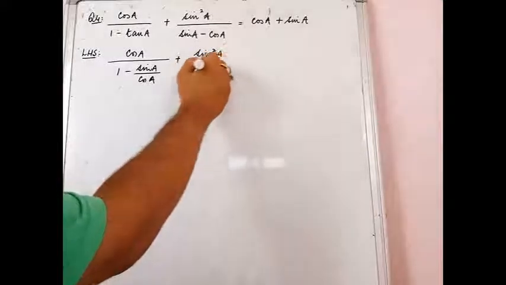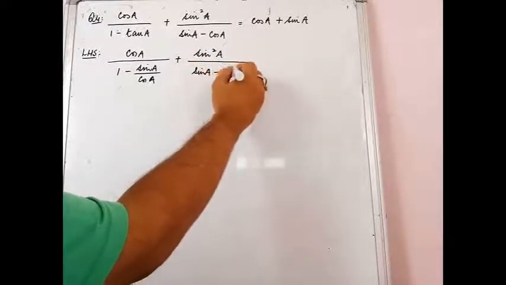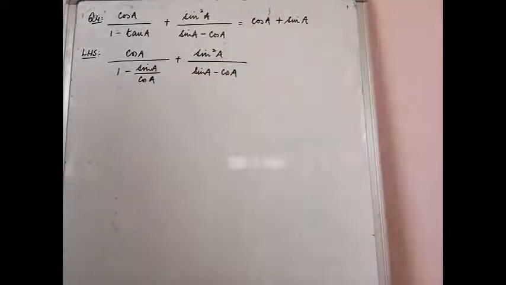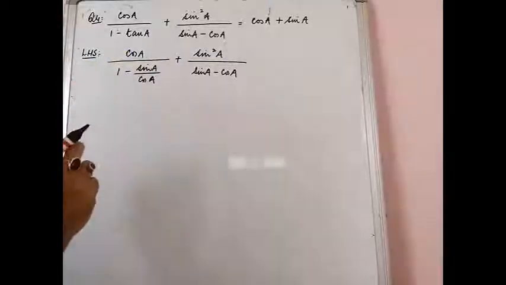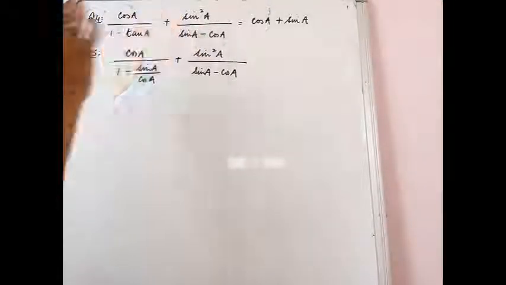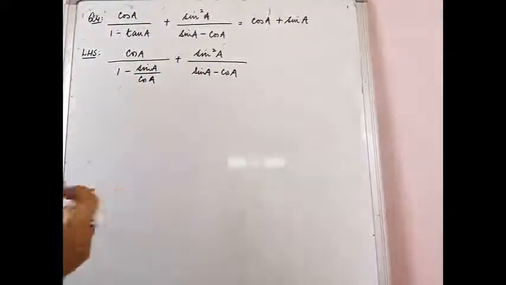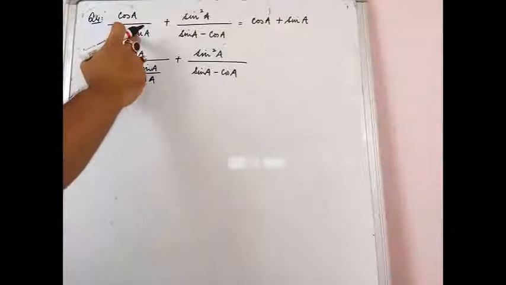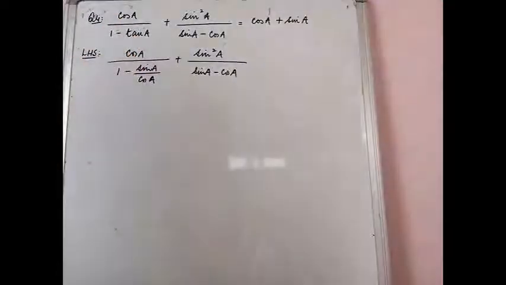We have sine square A upon sine A minus cos A. The reason why I have changed this tan into sine and cos is because all the remaining ratios are already in sine and cos. Even the right hand side has to be simply sine and cos. So the only change that we had to make was this tan A has to be represented as